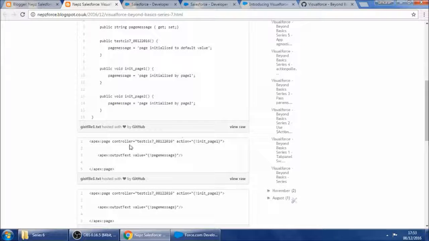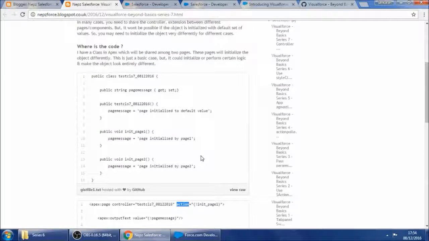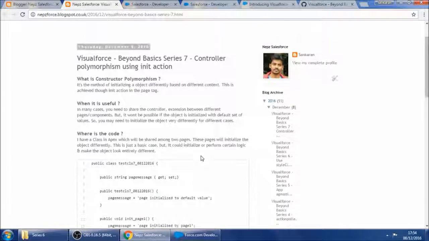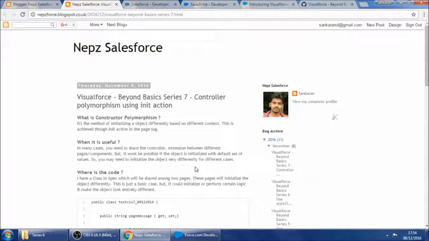It's nothing but when the page tag takes an action parameter, which takes a method name, which is an action method in Apex side. So there's a logic behind that. This will be useful in many cases, like I just told. It will be useful when you want to share the classes between, and most of the time, in my experience, I've seen that